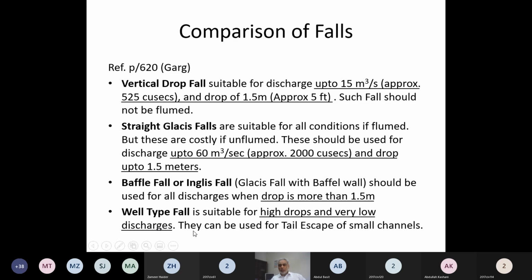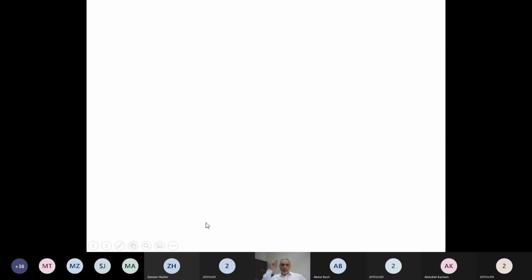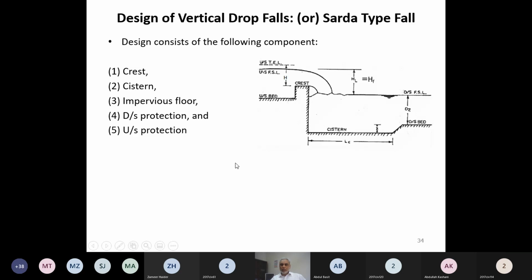We have not shown you the cross section of the well type fall. It is simply a vertical pipe in which the water falls, and then it is bent on the downstream side. You can see its cross section from the book of the GAG. So a well type fall should be utilized if the discharge is very low and a high drop is there. So that completes one part of the lecture: the introduction of the falls, which fall should be utilized where, and what the friction blocks are. The second part of the lecture is